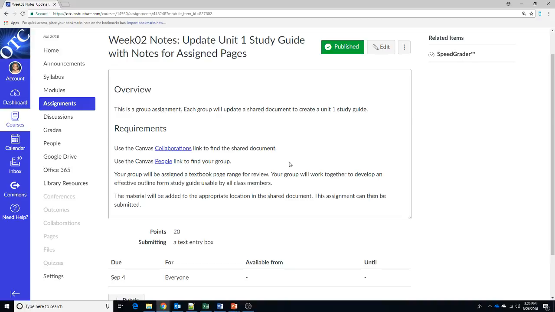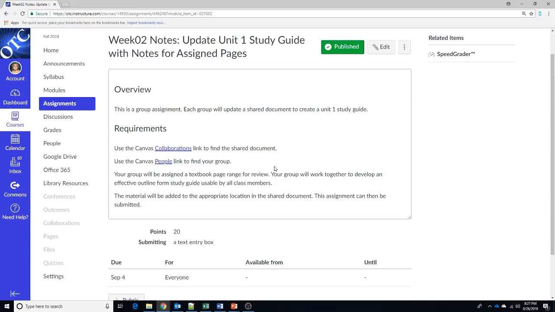So you'll probably want to create some sort of outline. Your group just needs to work together to collaborate on these notes on your few pages and come up with what you think is the most meaningful information that would be available to someone at a glance. We sure don't want to recreate the textbook, we already have it, but we'd like to really simplify and bring things down to a manageable level and outline form notes so that we could all refer to that when we're